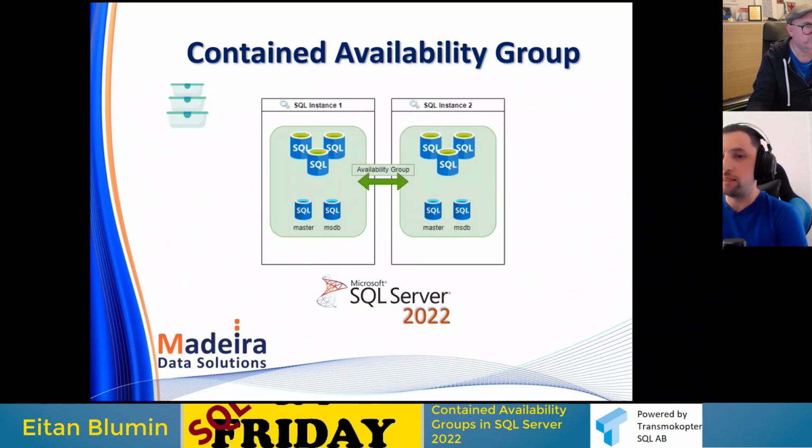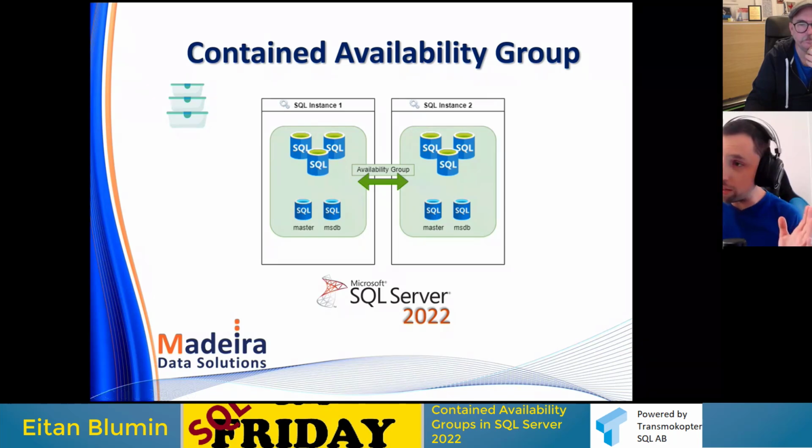And what that means is that, as I said, these server level objects are actually stored in MSDB and master. So the question being asked is, why not take this MSDB and master and shove it into the availability group? Make it part of the availability group so that those system databases will also be synchronized as part of the availability group. Obviously, we can't just do that with the actual system databases, but what we can do,